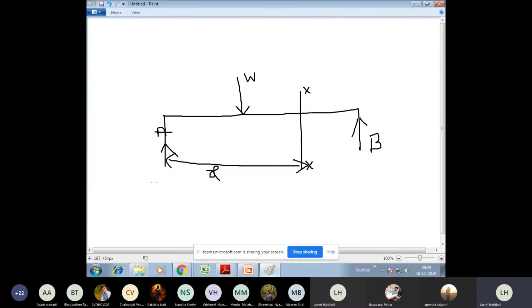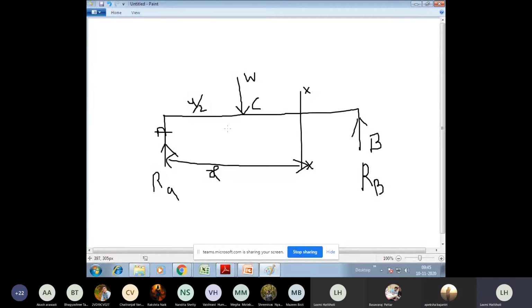And this is RA, and this is RB, RA and RB. This entire distance is x. If you remember, what was the distance here? This distance is L by 2. Is this L by 2, A to W? See, the entire length of the beam is L, A to B. So what is A to W? It is L by 2.